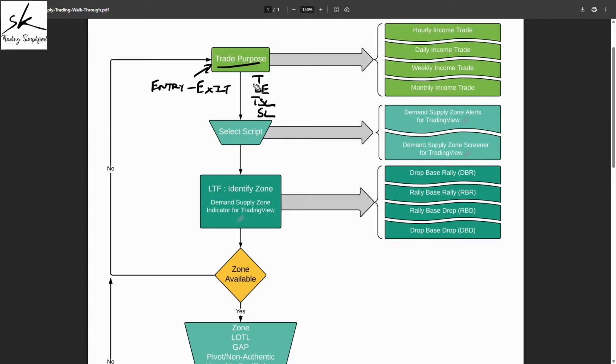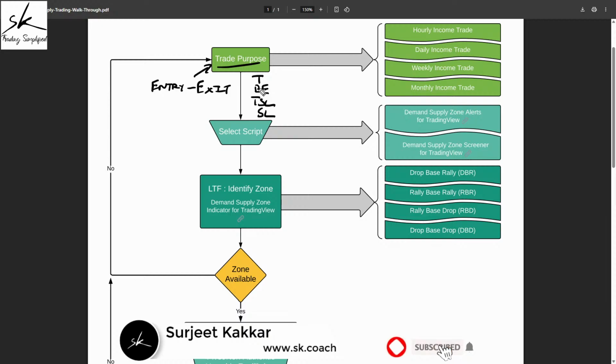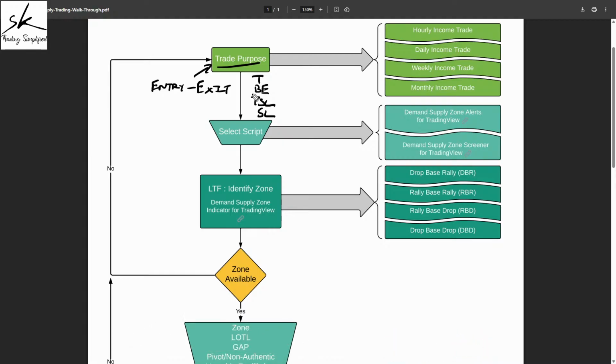Now the question comes, why am I starting with the trade purpose as my very first step? The reason is that when we do our analysis, the charts that we use are time-based charts, and we have a number of time frames available to us. So the very first challenge we face is which time frame I should be using for my analysis. To overcome this challenge, we do not start by randomly selecting any time frame. We go with a very logical approach: the longer I want the duration for the trade, the bigger the time frame I should be using for my analysis. And similarly, the smaller I want the duration of the trade, the smaller the time frame I should be using.